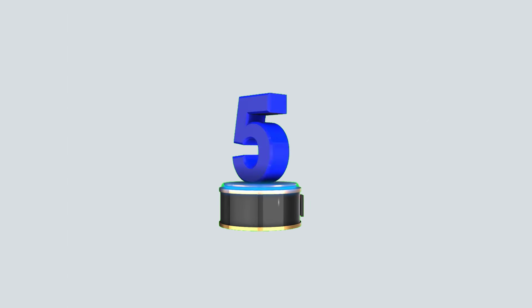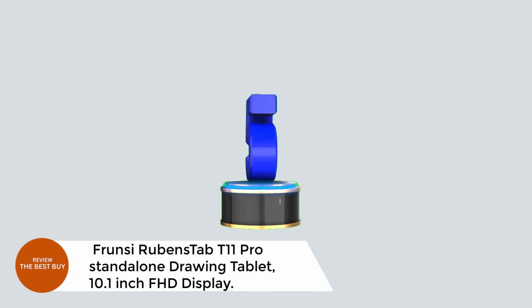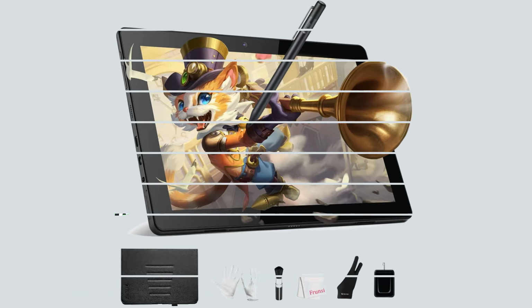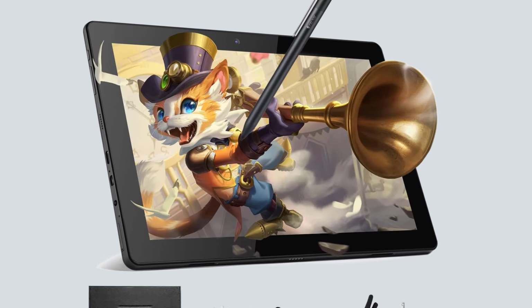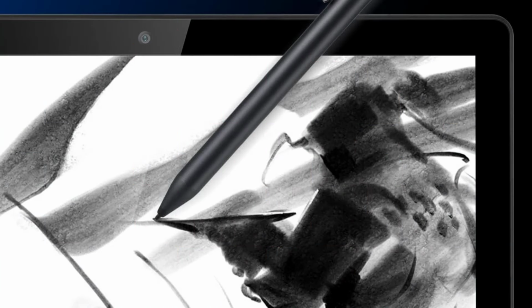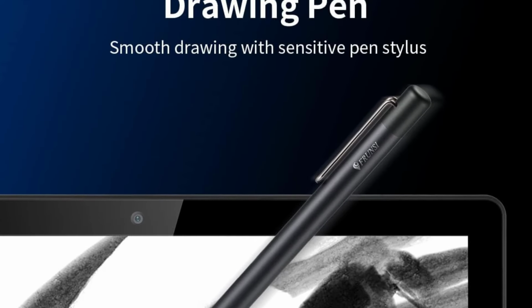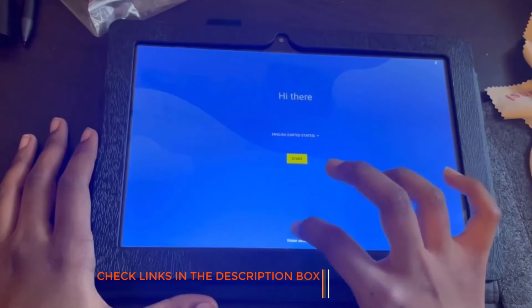mixed in. Number 5. Frunsi RubensTab T11 Pro standalone drawing tablet, 10.1-inch, FHD display. Discover ultimate creative freedom with the Frunsi RubensTab T11 Pro, a standalone drawing tablet that requires no computer to get started. Featuring a vivid 10.1-inch Full HD IPS display, 1920 x 1200, this Android 12-powered tablet delivers sharp visuals and